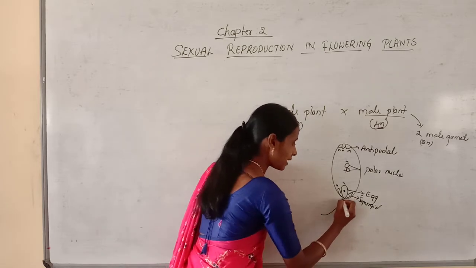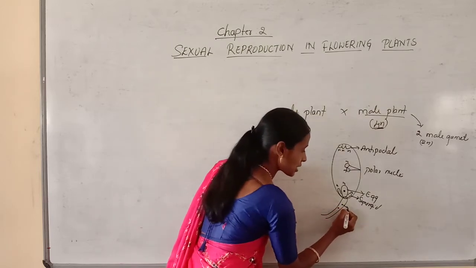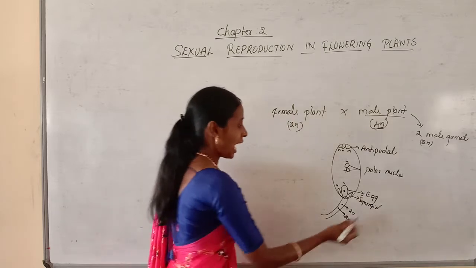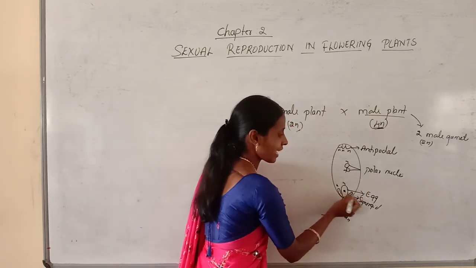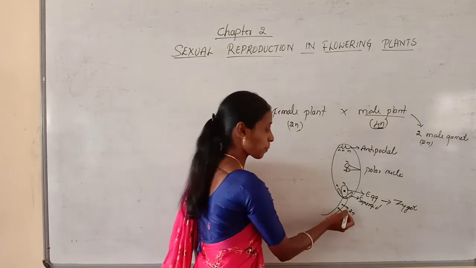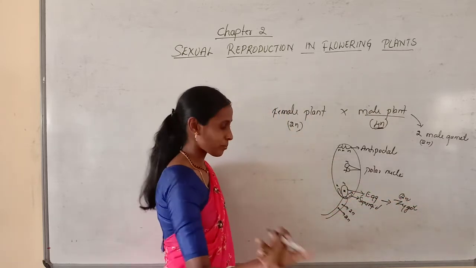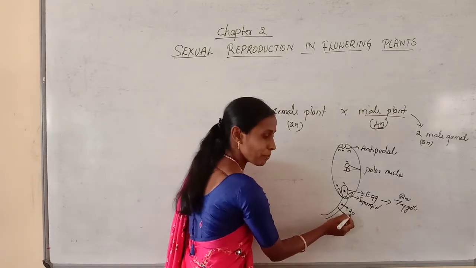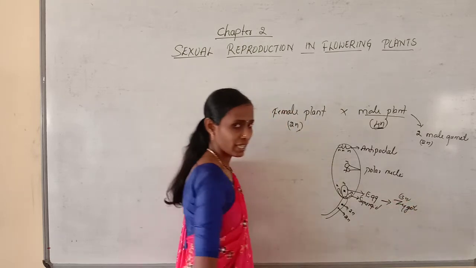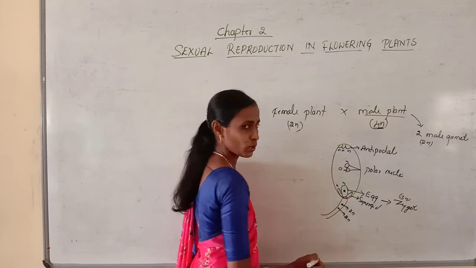So when the pollen tube enters into the embryo sac, here the pollen tube contains 2 male gametes which are diploid. So in this case we are talking about the diploid male gametes. And you know, one male gamete fuses with the egg, resulting in the formation of zygote. Generally we say a haploid male gamete fuses with the haploid egg, resulting in the formation of a diploid zygote. But here a diploid male gamete fuses with the haploid egg, resulting in the formation of a triploid zygote. Is it right?